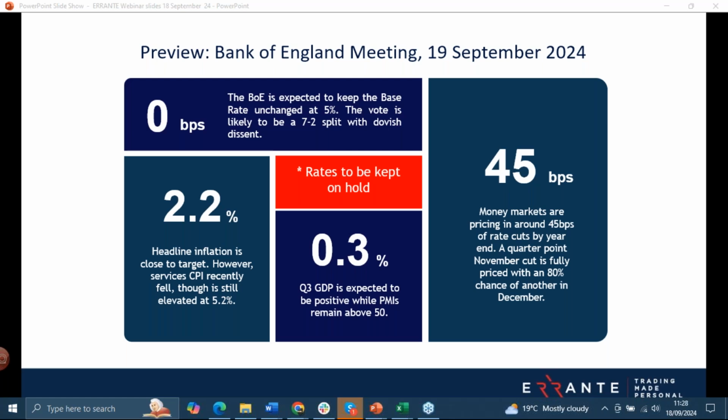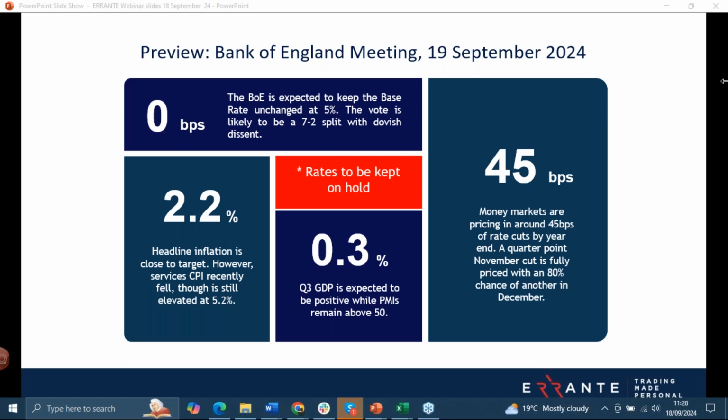Otherwise, pricing-wise, markets expect probably another 2 quarter-point reductions in November and December. There is around, as I said, a 28% chance of a move at this meeting on Thursday. That was actually higher ahead of the CPI data out this morning. But otherwise, fully priced for November rate cuts and then a high chance of one in December. Obviously, if policymakers maintain that sort of no rush mindset, then the pound really should be underpinned with support,